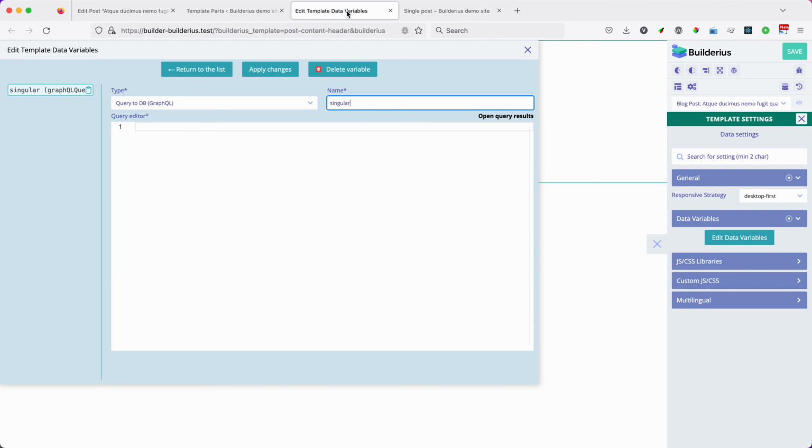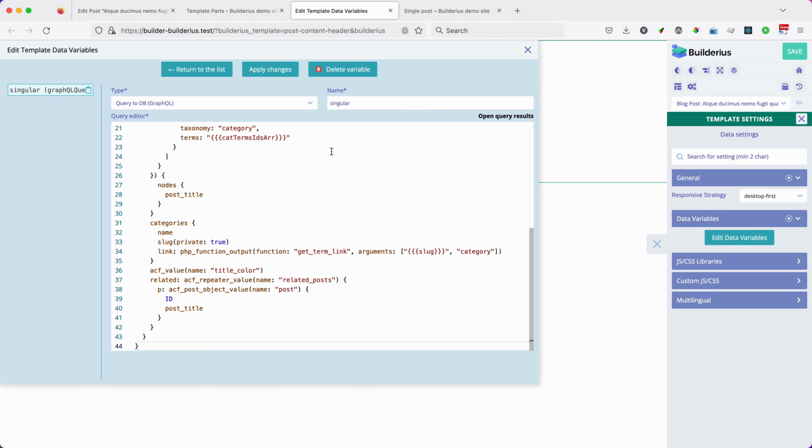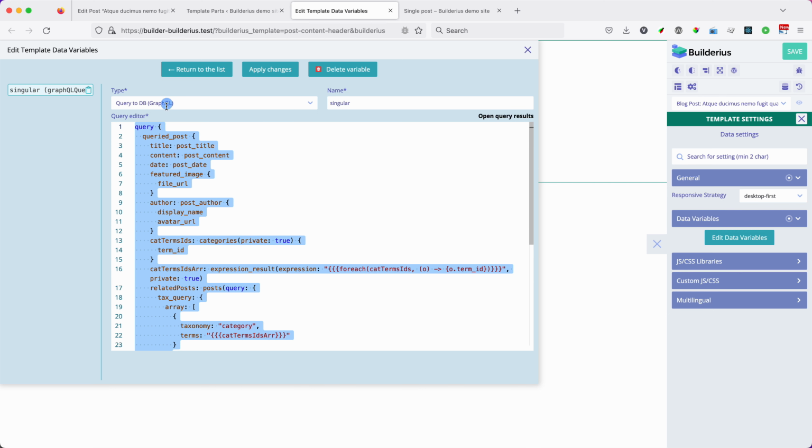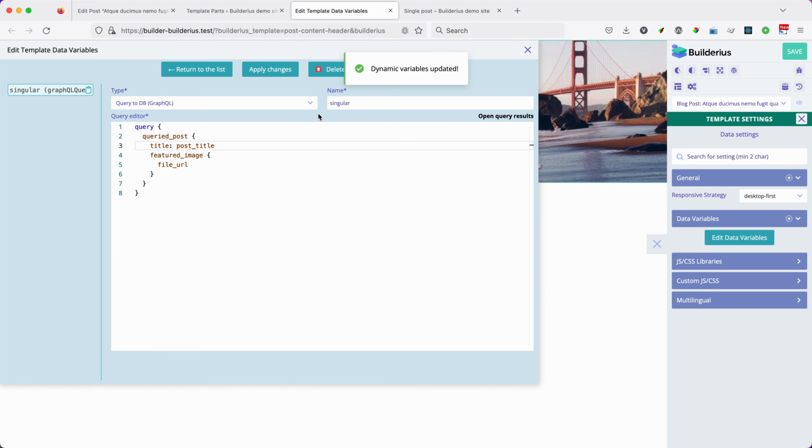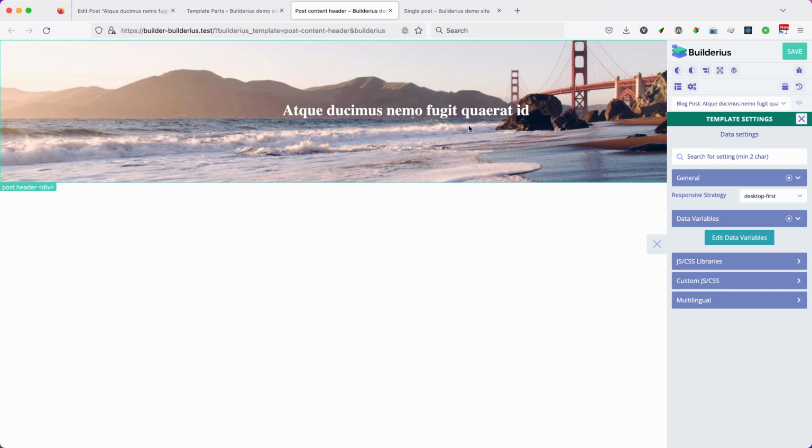here in the template and then use it inside my new variable, but there are a lot of different things. I don't need them all. What I need is just title and featured image, so I remove everything else and leave only title and featured image, and then I click on apply changes to actually fetch the data and to have this dynamic data inside my template. And yeah, actually